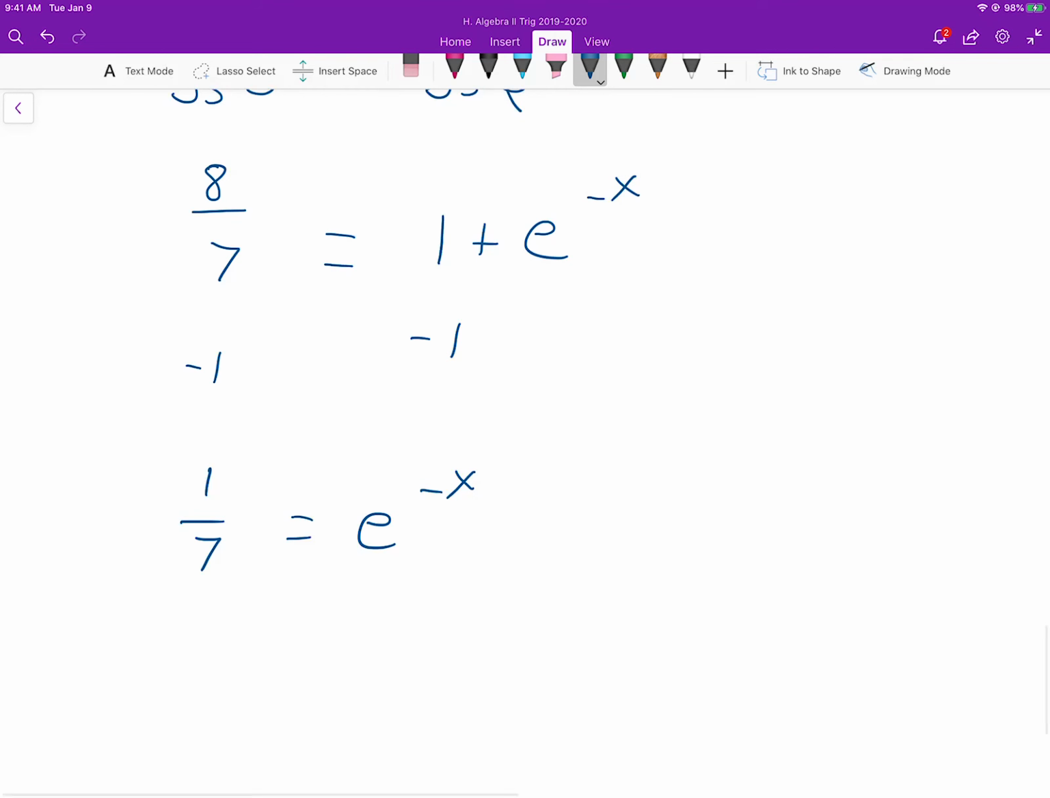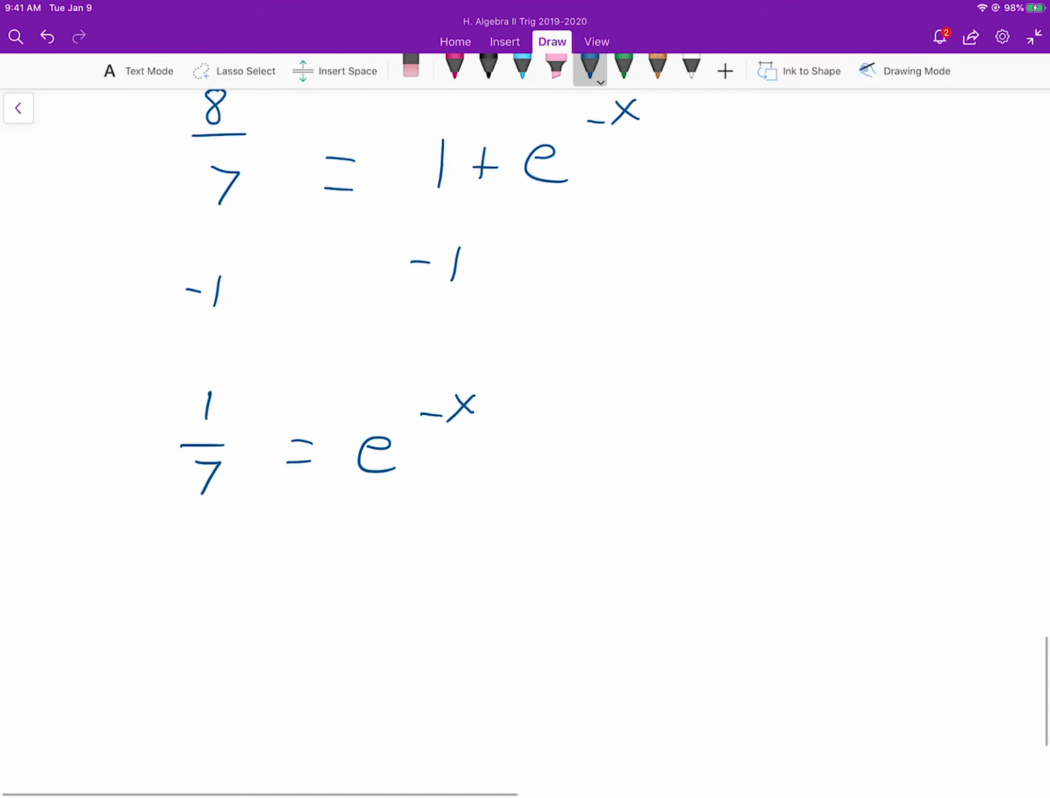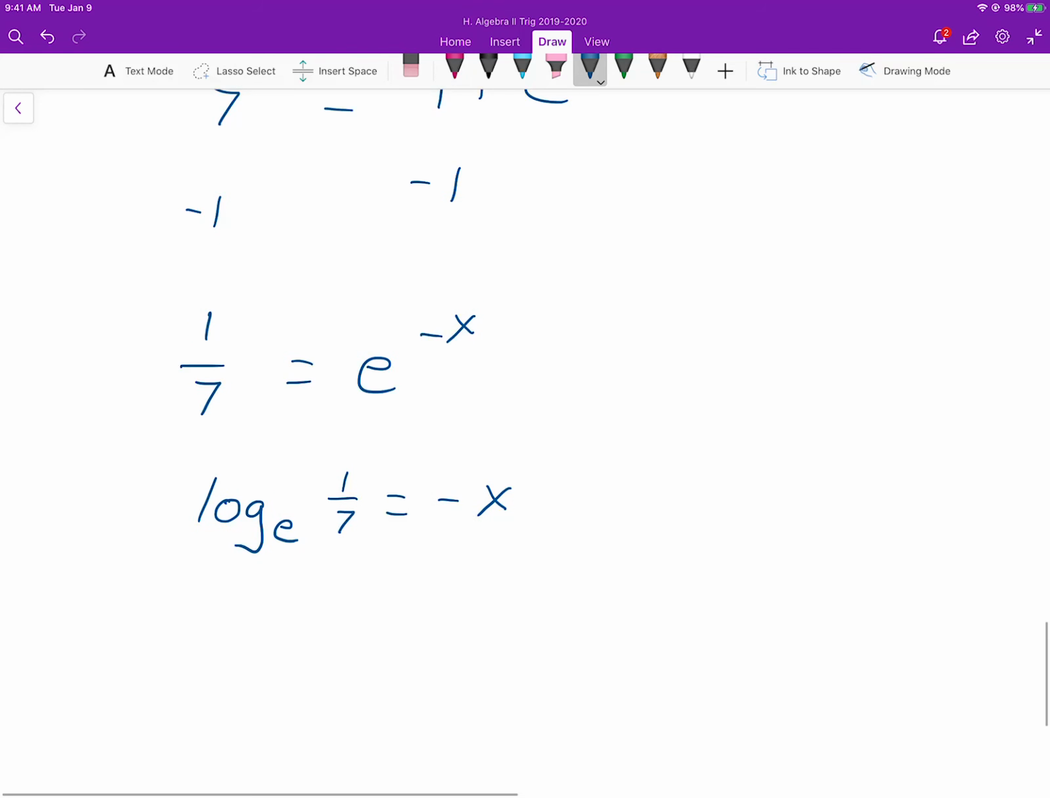So now I'm at the point where I can't really go any further, so I'm going to change my form. So I have an exponent, I'm going to change it to a logarithm, with a log with a base of e, 1/7 equals negative x. And anytime we have a logarithm with a base of e, I can rewrite that as natural log of 1/7